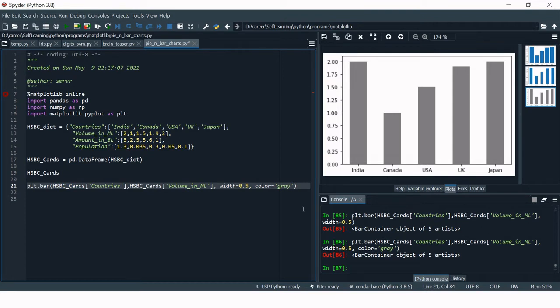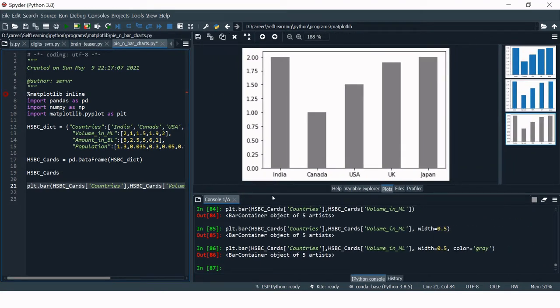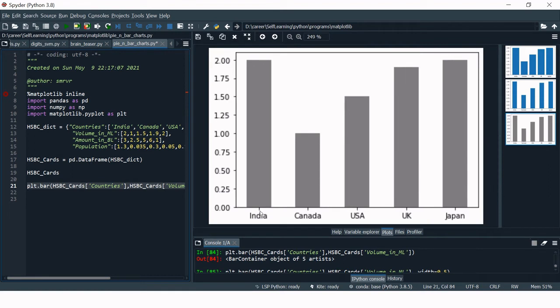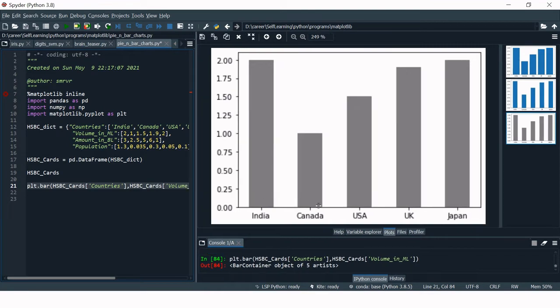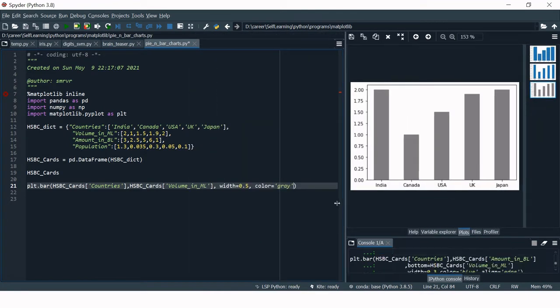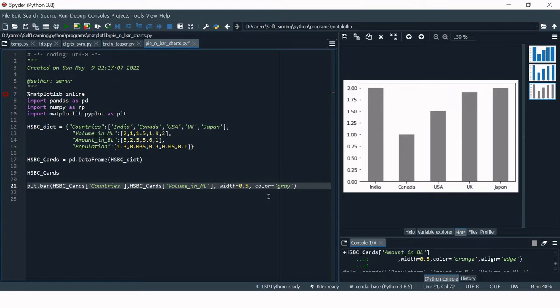Now what if we want to change the alignment? Before we change that, let's understand how the alignments work. If you can notice this thin line, this is in the center of this particular column. Similarly here, this thin line is in the center of this particular column. So this is the center alignment. When you change the alignment, this column will be at the edge of this particular line. So there are two alignments which we can use over here. Center is the default alignment and edge is the alternative alignment.